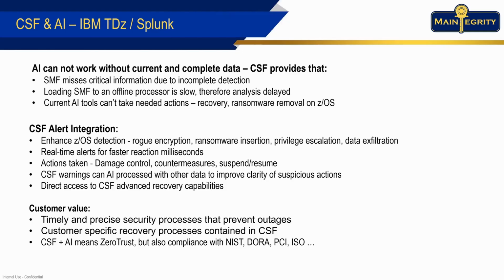I've looked at the suspicious activity. It is an attack. So in a way, if you think about AI being a little bit of brains around an attack, really CSF is the arms and legs, because we have to do that detection to begin with. That's what we're really good at. Can we put it in a place like TDZ or Splunk, where a lot of that intelligence can be harnessed with all of the other activity in the network? Yes, of course we can do that.